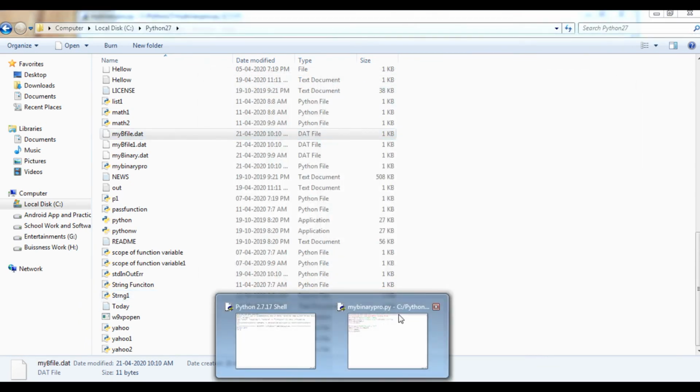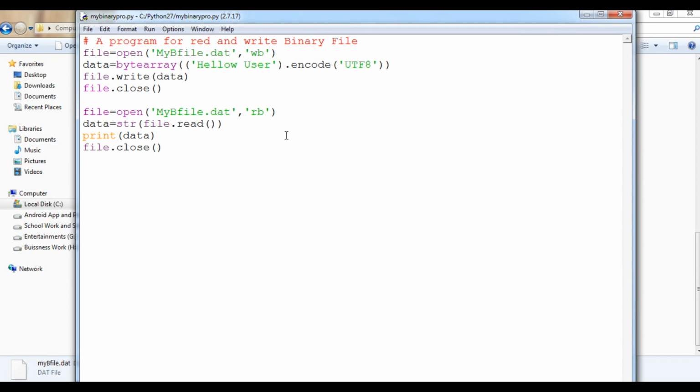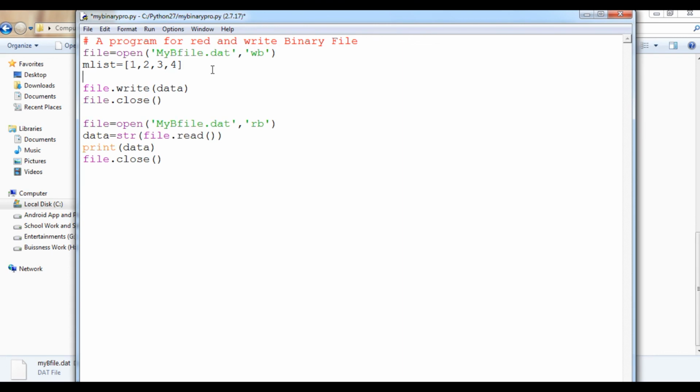Now we are going to write another file. The same file we are writing, but instead of a string I will write data like mlist. Consider mlist as 1 2 3 4, and the list has been closed. So here I have written mlist. Now I just have to make a bytearray within that mlist.